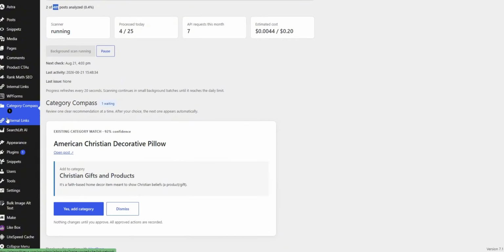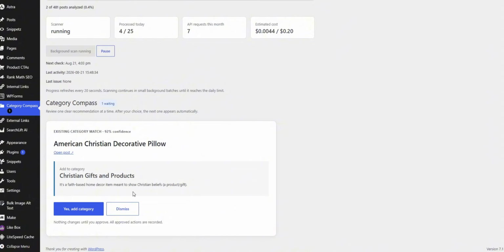It also now shows your progress will refresh every 20 seconds. You can also refresh the page if for some reason it's not auto recommending these when it finds them. We do have that in the new version, but sometimes if you have slow internet or your server's slow, things like that, it might get a little bit of a delay,